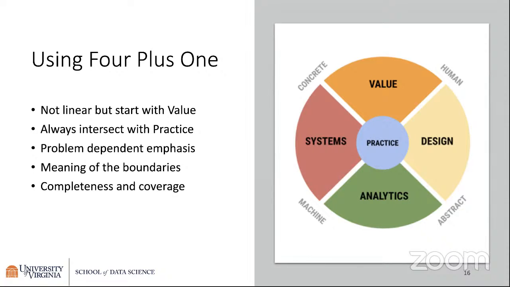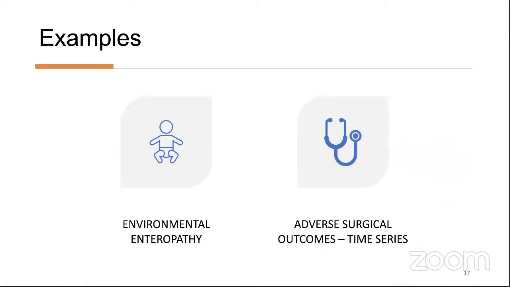Okay, one thing that the 4+1 model does is it provides a way, as all process models do, but the 4+1 again is not strictly a process model, but it does provide what process models do, which is a notion of completeness and coverage. Have you done what you need to do in order to get the data science question answered? And that's what this kind of approach does for you. It allows you to make sure that you've really done due diligence there.